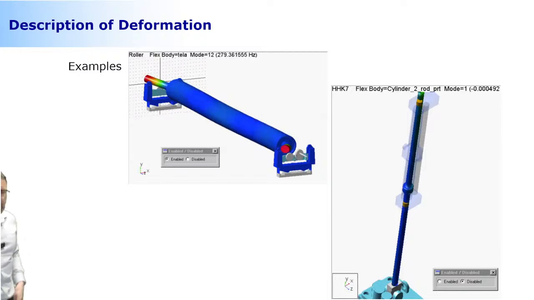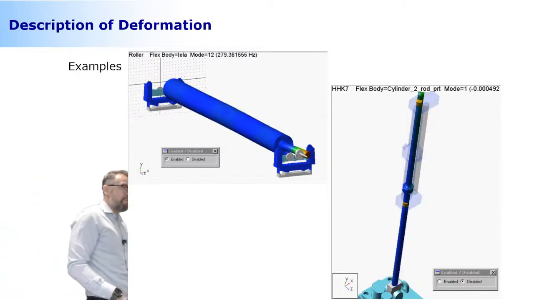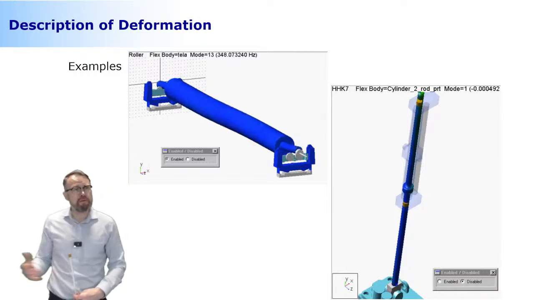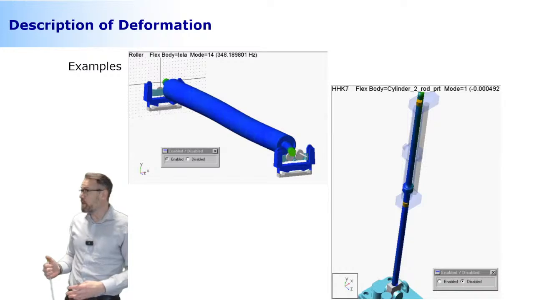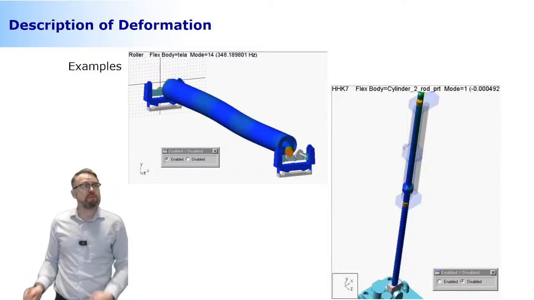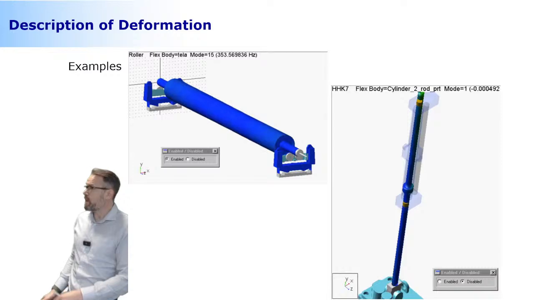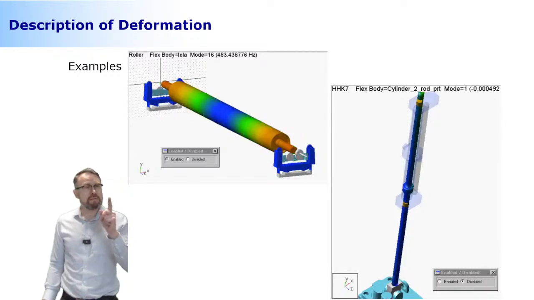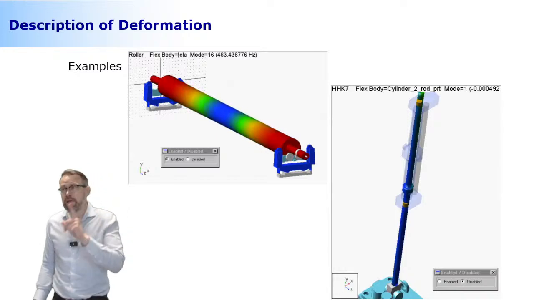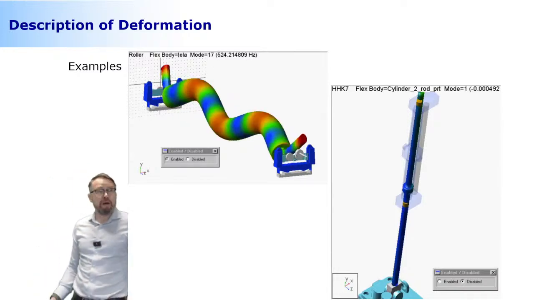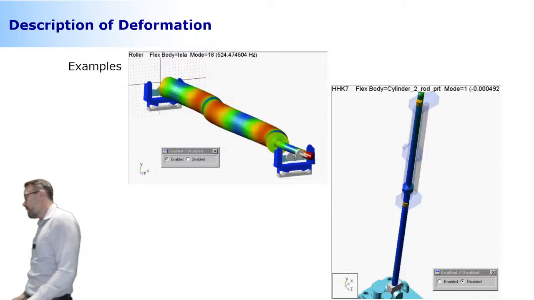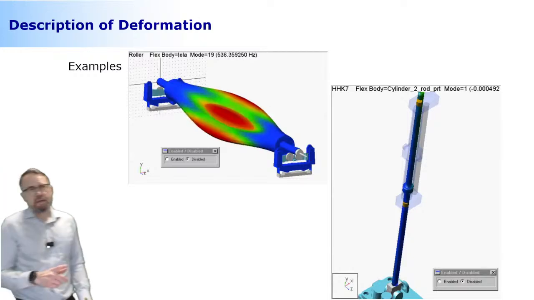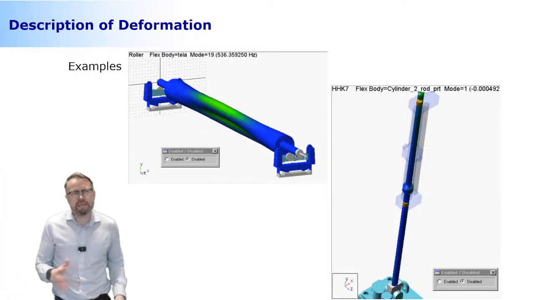And you see that the higher you go with your frequencies, the more and more complicated these deformation modes become. And look, we're still using a very limited number of degrees of freedom, a really limited number of deformation modes. They are much more than we're displaying here. But you see that they become more and more excited the higher we go with these natural frequencies. And here's something that we can make use of. Like I said earlier, some of them are not contributing much. And it's actually very common that one of the first frequencies contributes most of the deformation. And for the rest, the contribution is insignificant.